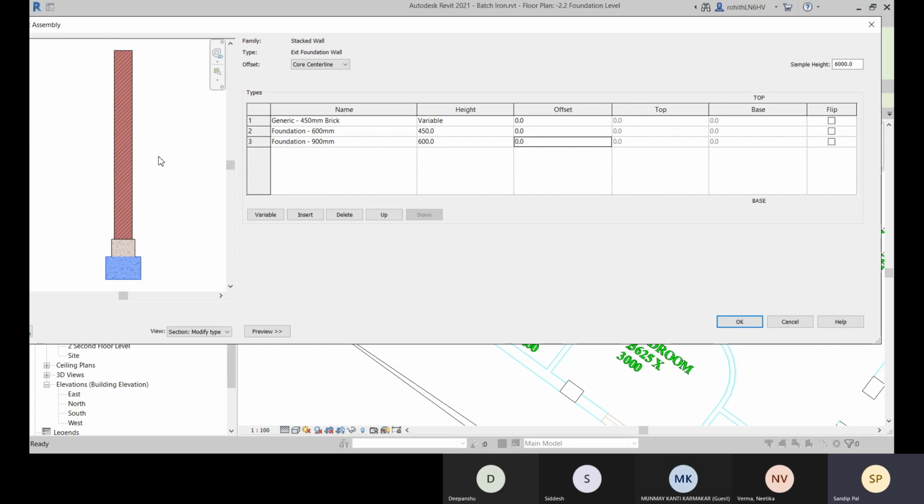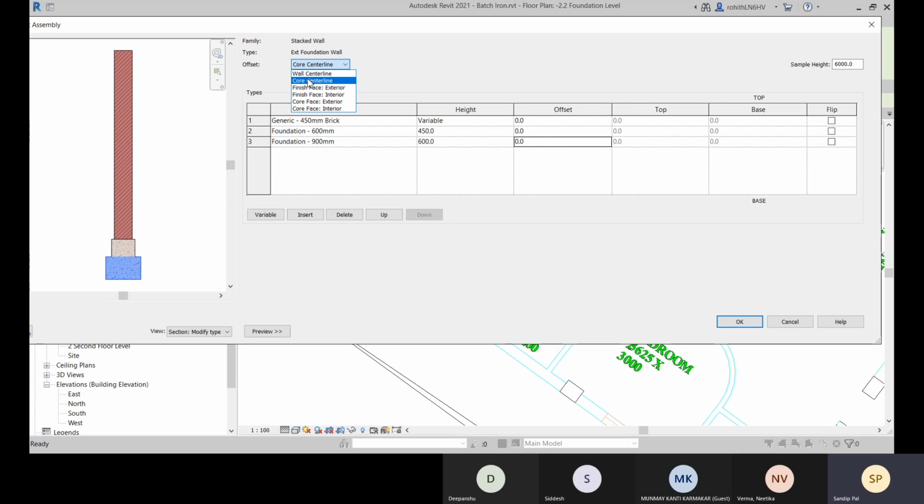And that is the wall center line right now, as because we don't have more layers. Only one single layer is there, and that is placed at the center of our wall. So right now the core center line and the wall center line is same.